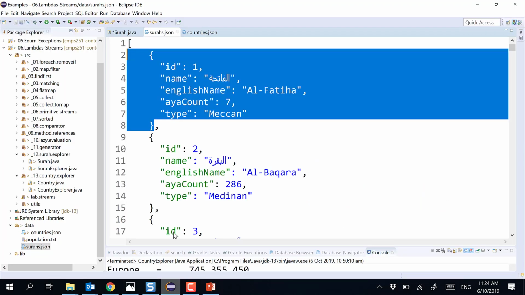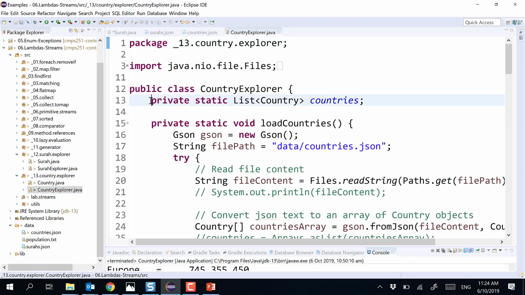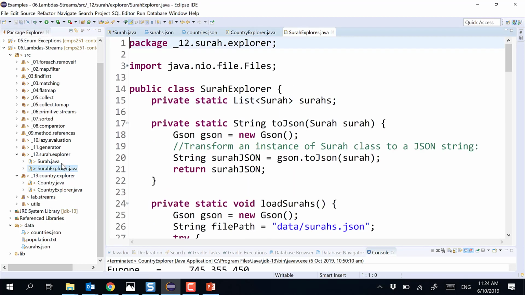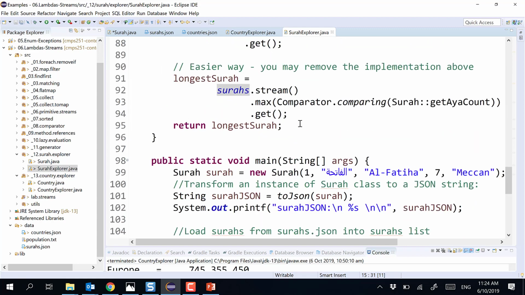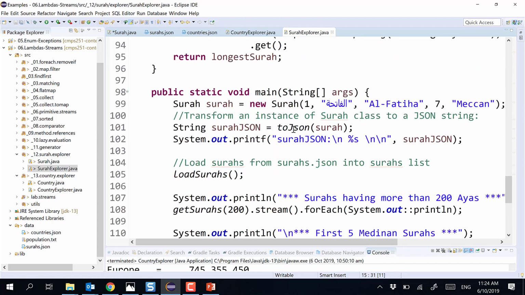Okay, so let me show you. Here it is. I have the Surah Explorer. I have one attribute. Can you see here? It's surahs, and the data type is a list of surahs. And then in the main, the first step I do in the main, can you see it? I have this load surahs here. So if I go to there,